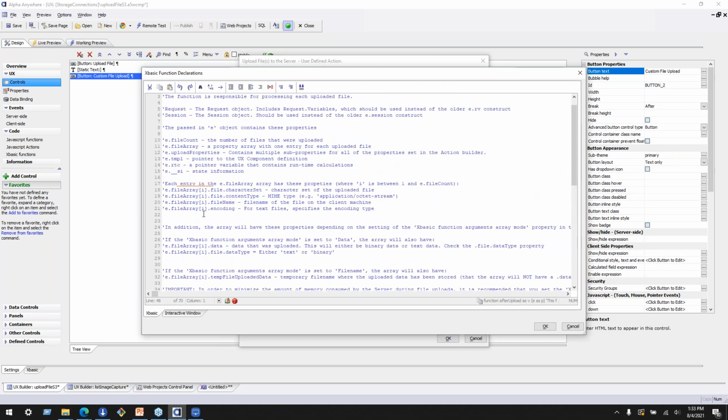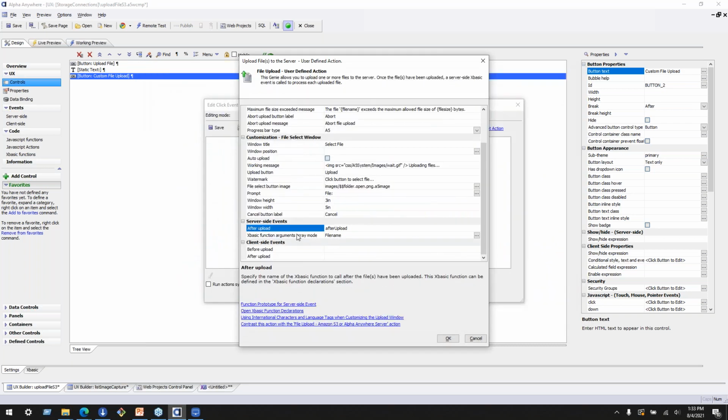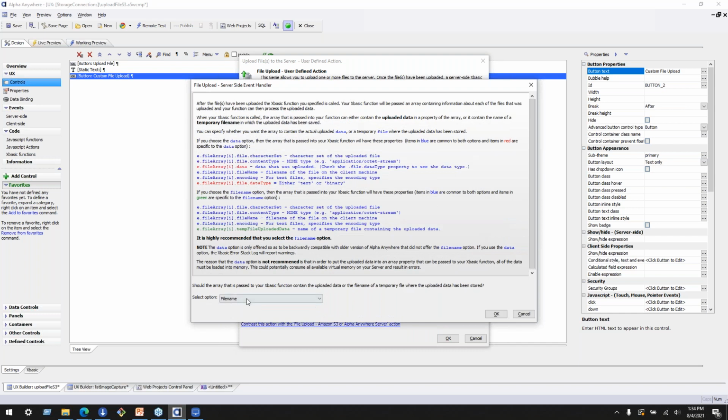There we go. There's our after upload. Click OK. The other thing you want to take note of here is how that file information is passed to the Xbasic function. You have two choices here. You can do the file name, or you can pass the data. And I recommend file name and working with the file name, because what that will do is the file will